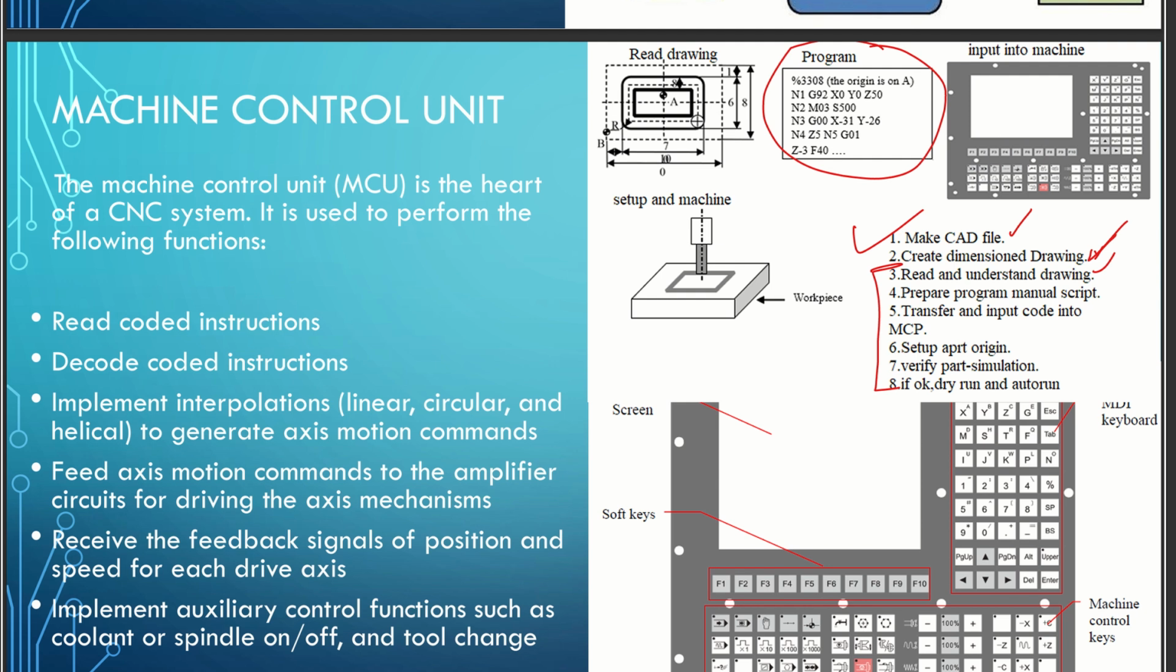And then once you understand it, you generate what you call a manual script that you transfer into the machine control panel. This is your machine control panel, which you are seeing here. Once you transfer, you do what is called a setup. Once you do a setup, that